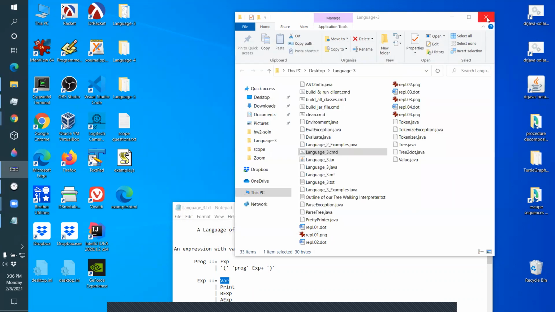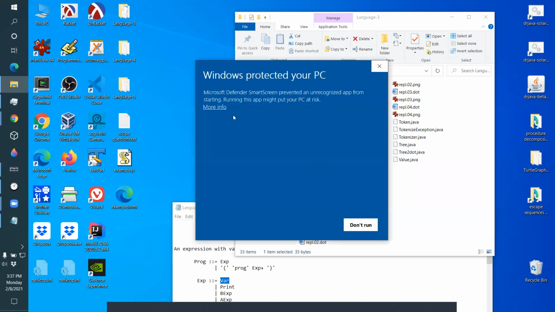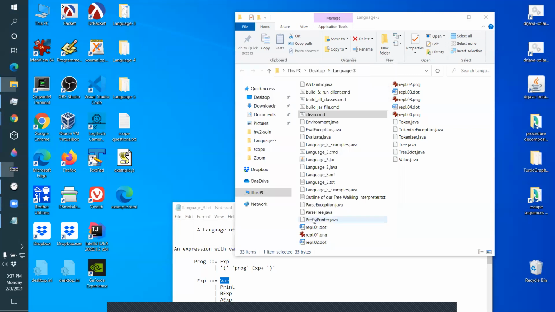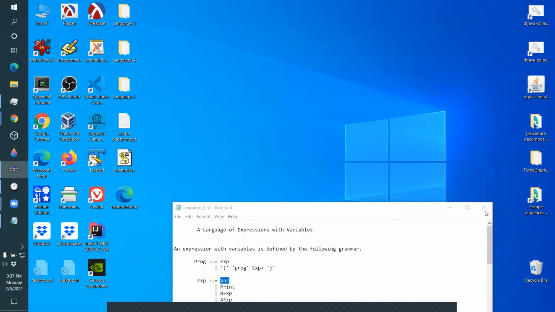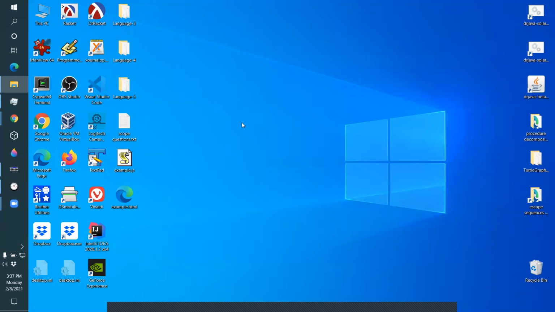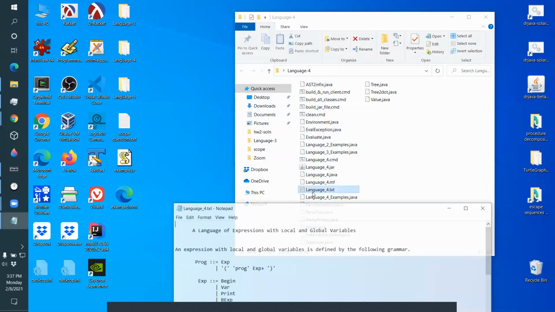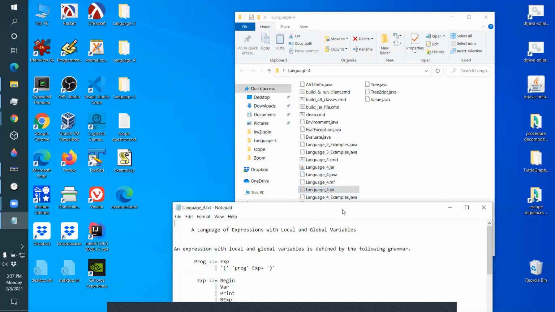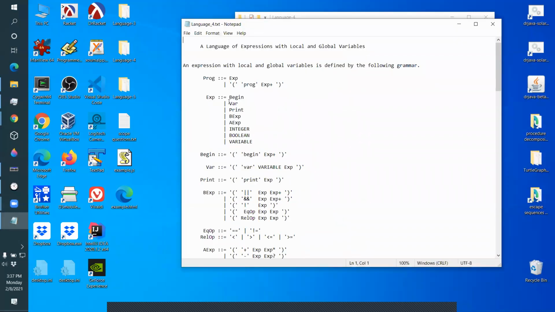Okay, now we want to add nesting to our language, scopes. So language 4 changes. In language 4, there's still var, but there's also something called begin. Begin is like an open and close brace. You begin a block. So in the Java language,